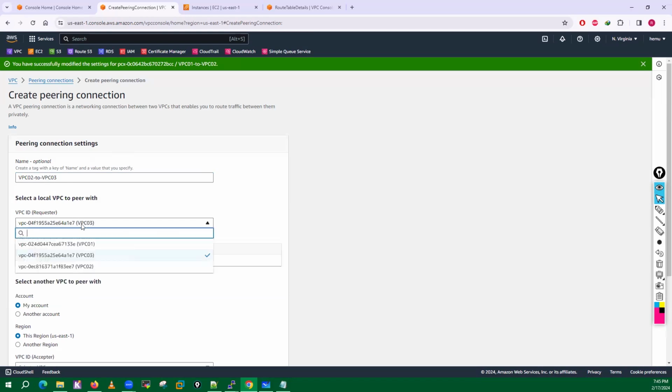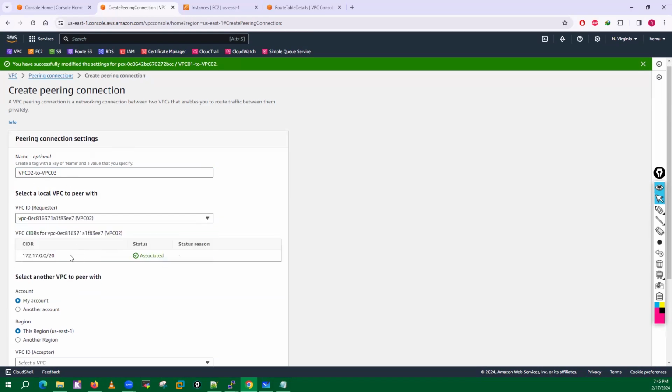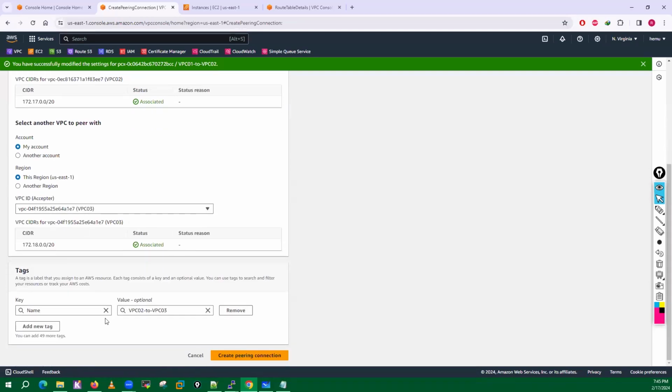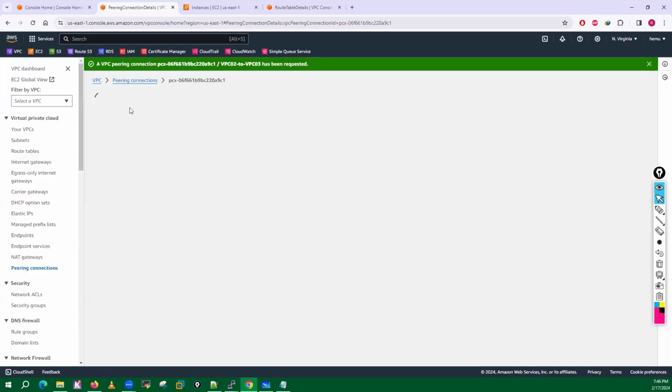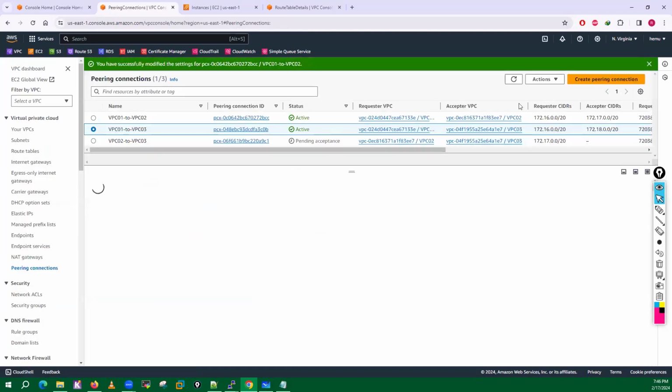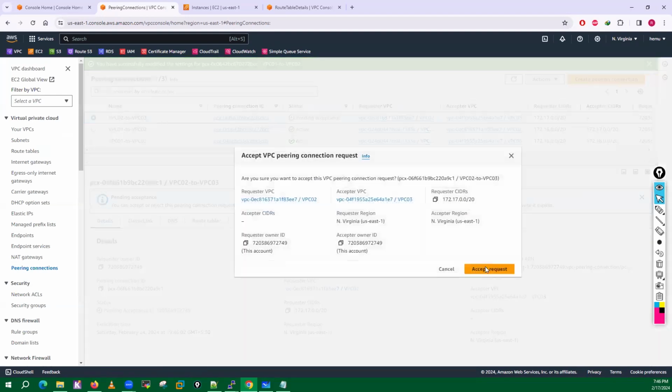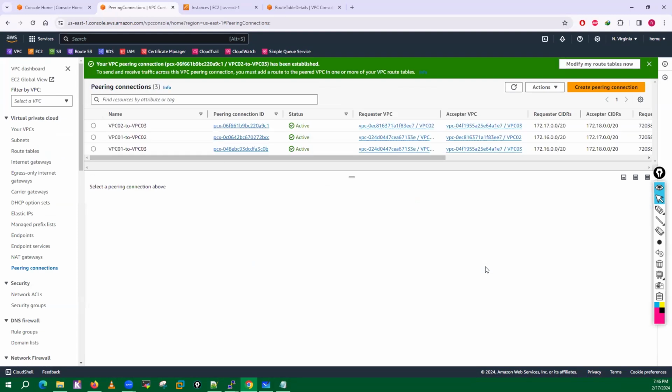See, requester VPC is VPC2 and acceptor VPC is also from the same region, same account, which is VPC3. Go ahead and create that connection as well. Refresh the tab, select this one, and accept the request. Accepted.